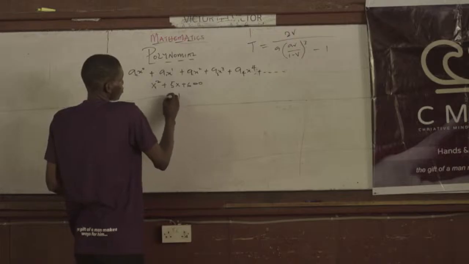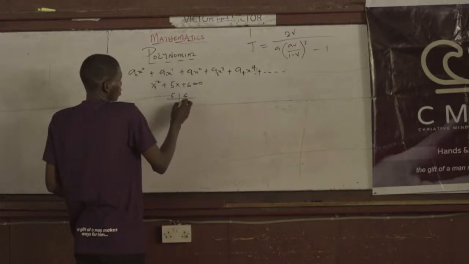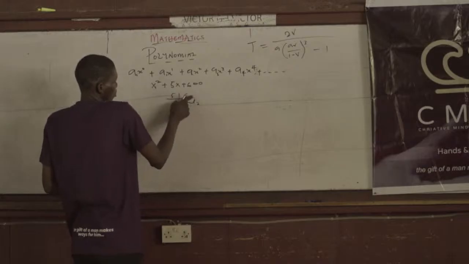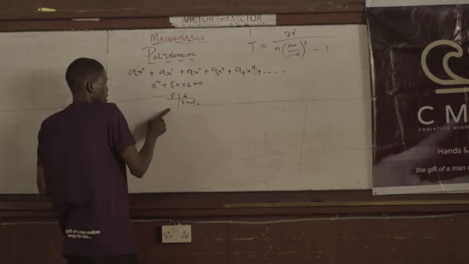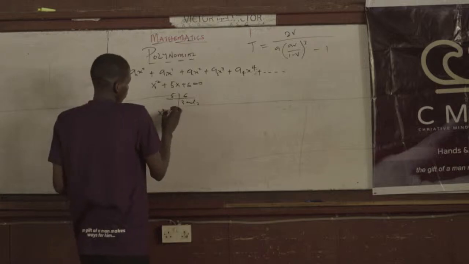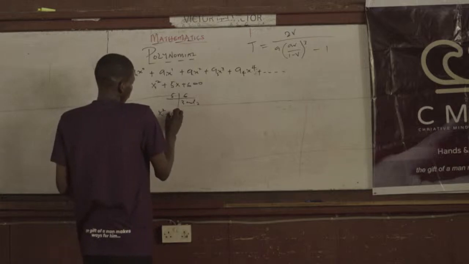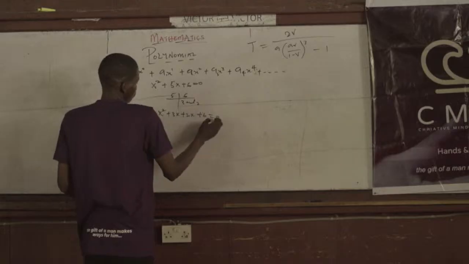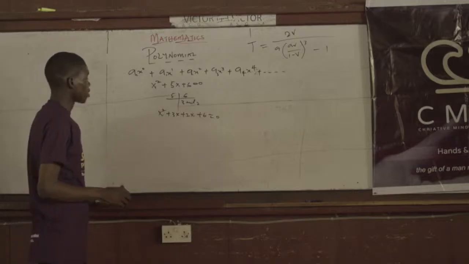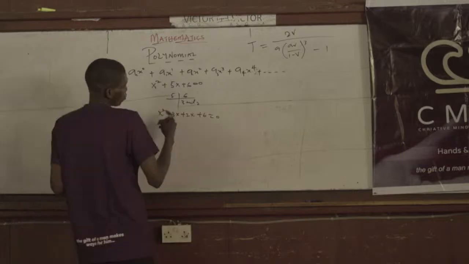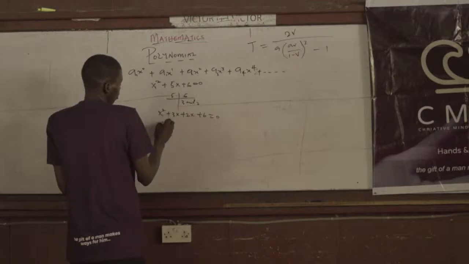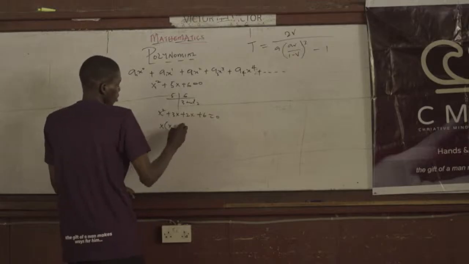I can easily use this method. What will I multiply to get 6 and add to get 5? I can have 3 and 2. 3 times 2 is 6, 3 plus 2 is 5. So I can say this is simply s squared plus 3s plus 2s plus 6 is equal to 0. This is not our main subject, that's why I'm trying to rush this one. All right, now if I have this, you can easily factorize s into bracket s plus 3, then this one